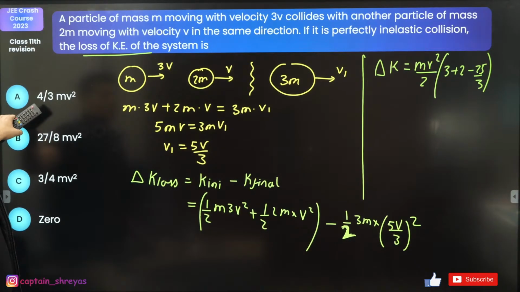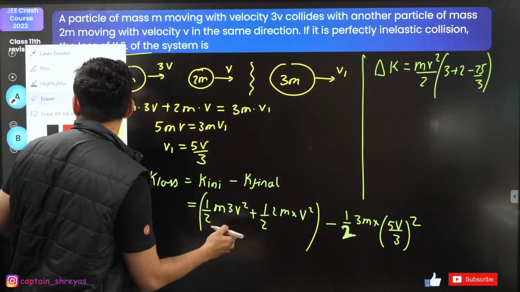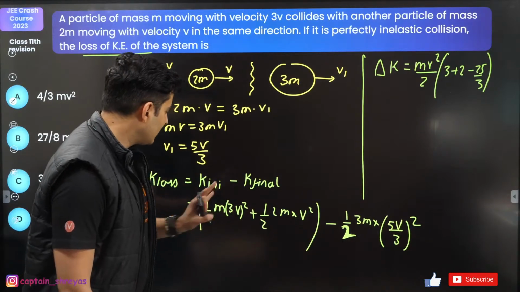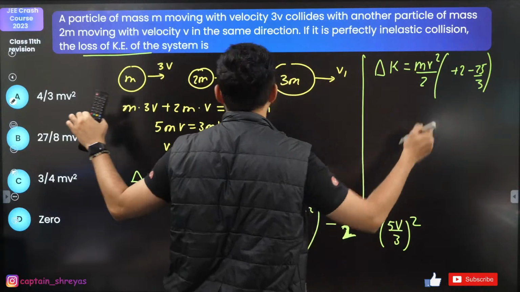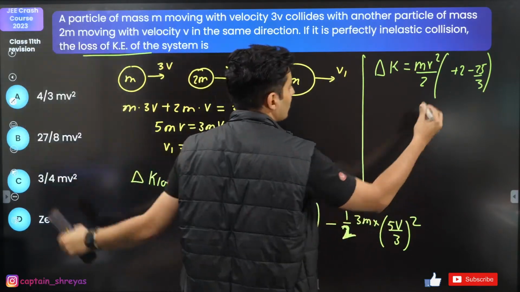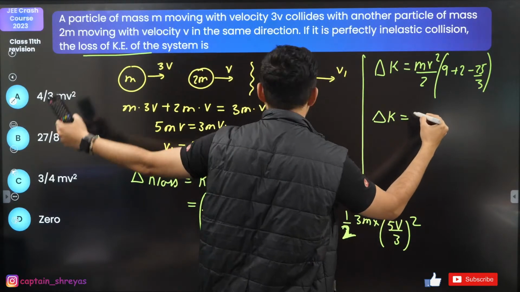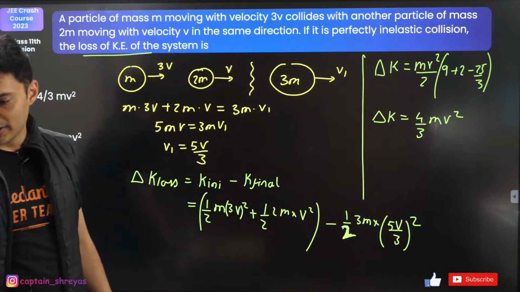Oh, okay, understood what you guys are saying. Over here, this bracket was missing. My bad. Thank you so much. Smart students. Everything else is fine. So 3v square. So that means over here also this should be 9, I believe. Just check it out. This should be 9. Now do the math and see if you get this as 4 by 3 mv square. Yep. 4 by 3 mv square.